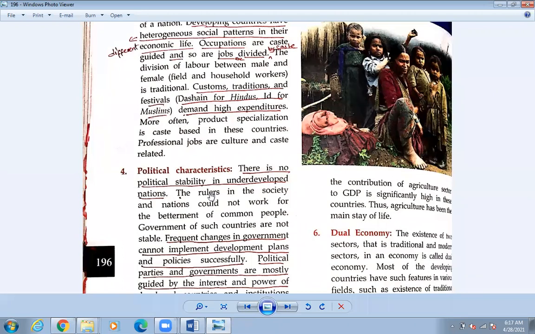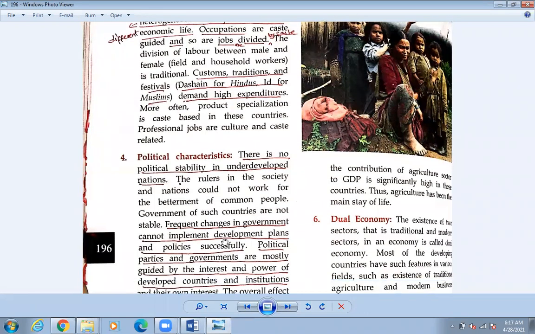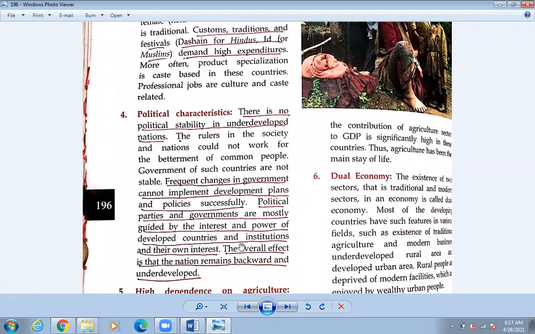But now KP Sharma Oli, so 4 years have passed. Okay, so they are still a stable government. Okay, so now it is fine, but previously there was unstable political character that we have seen in our days. And there is a frequent change in the government, and they cannot implement the developmental plans and policies successfully. Okay, so the plans and policies were still not successfully running in that country. So in any poor country, political parties keep changing, frequently they are changing.